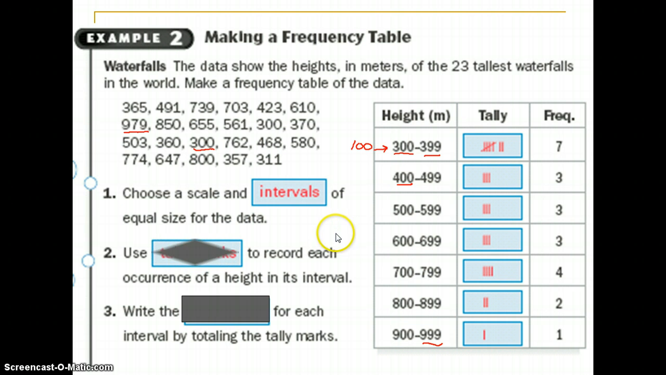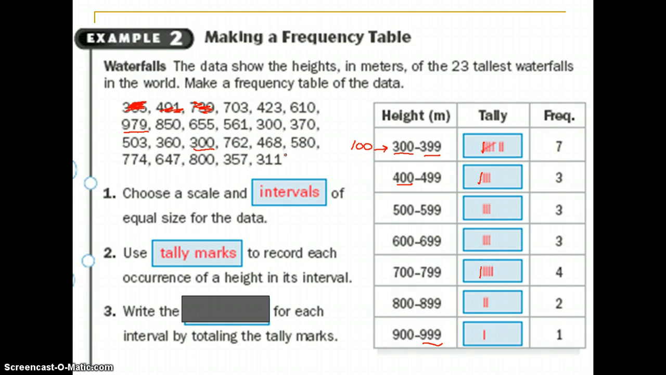Next thing we have to do is use tally marks to record each occurrence of a height. Now they did this for you, you can always see it, but what you would do is go from 365 and I would put a little tally mark in the spot where 365 would occur. I usually like to cross them out at this point. 491, put a tally mark, 739, and you would keep doing this until you get down to the bottom of